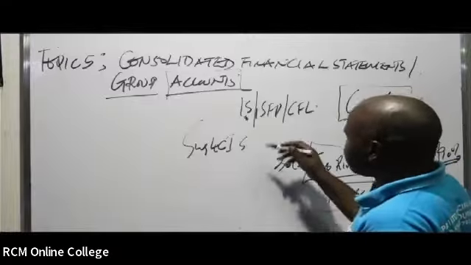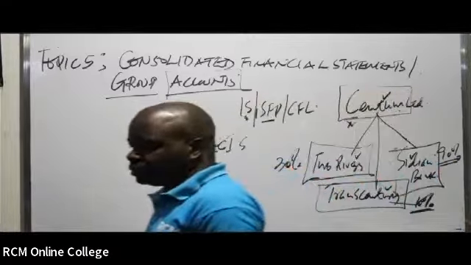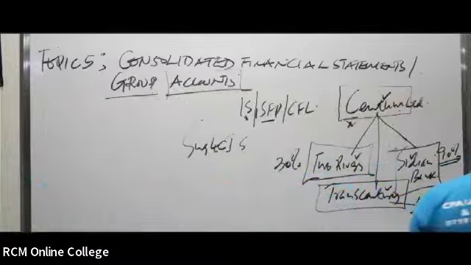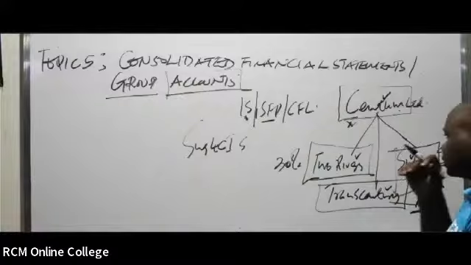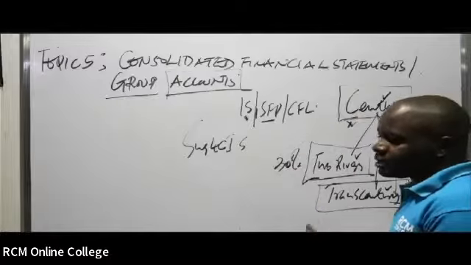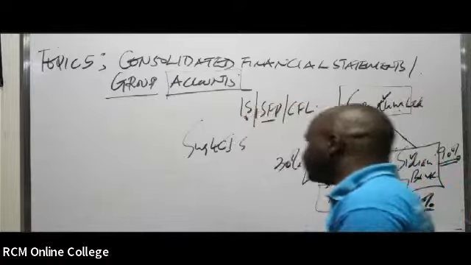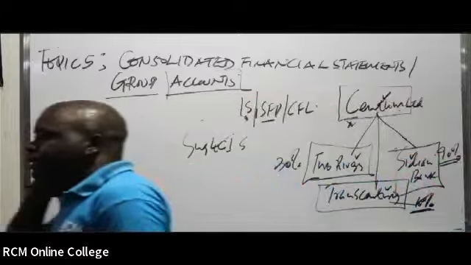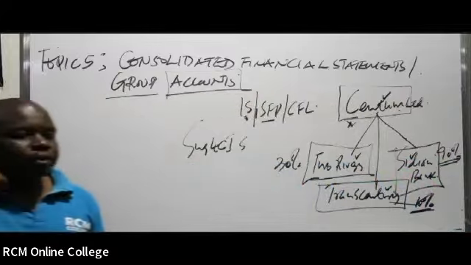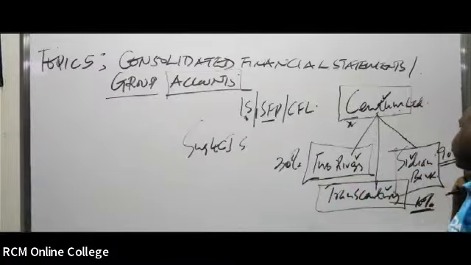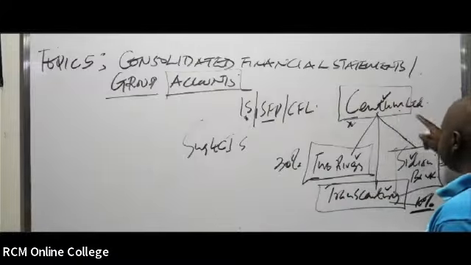Same case with the statement of financial position. Every company here has its own statement of financial position. But now we have to come up with a single statement of financial position, which we call consolidated. That aspect of combining all the income statements and statements of financial position of members of a group, we call consolidation. And that's what you're going to learn in this area we're calling group accounts or consolidated financial statements. Take note that there has to be a significant influence,